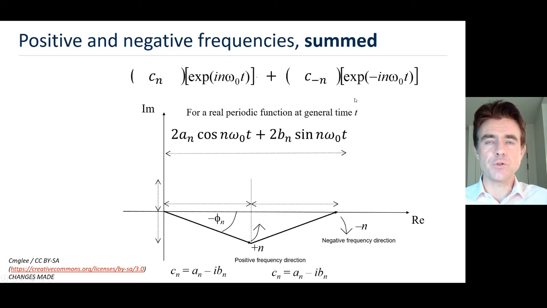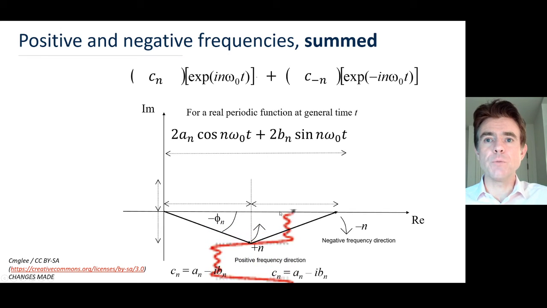Okay. And then obviously with a general moment in time, this sum of these two exponentials, the positive frequency and the negative frequency, when added together, will always, for a real periodic function, which is where we started from with the basic Fourier series, the standard Fourier series, will always deliver something that's changing only on this real axis. Okay, so that's the example I'm giving here. This is derived from a Wikipedia